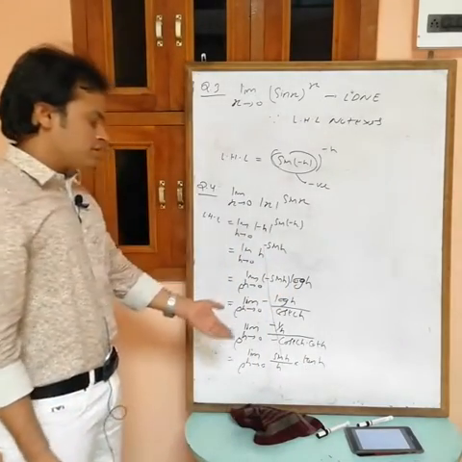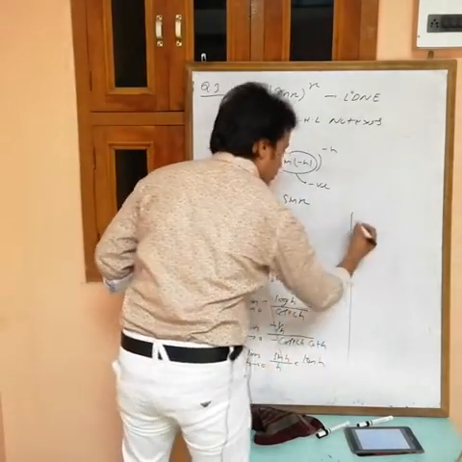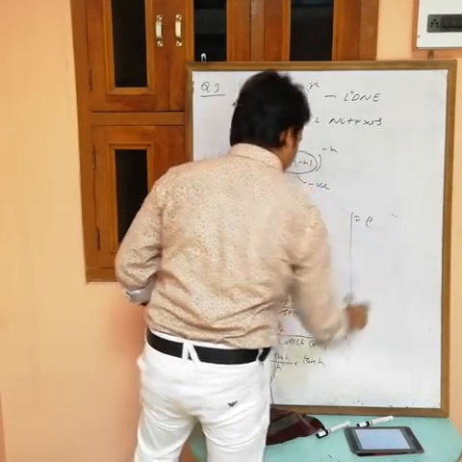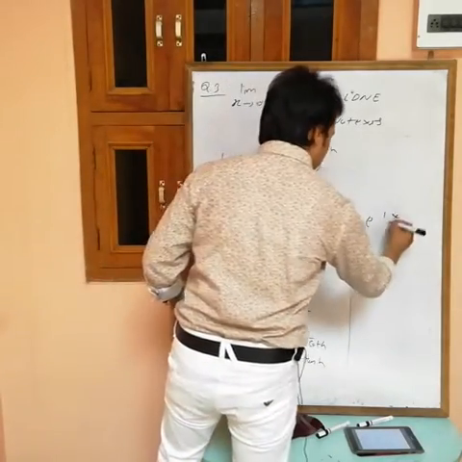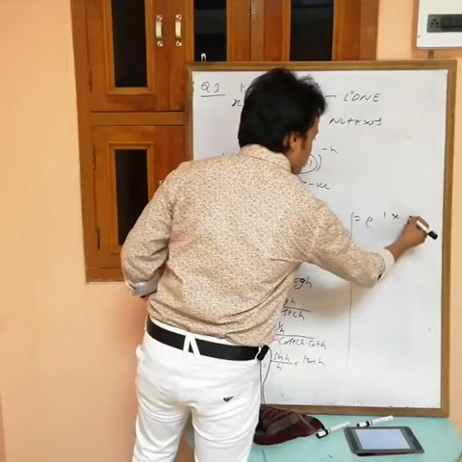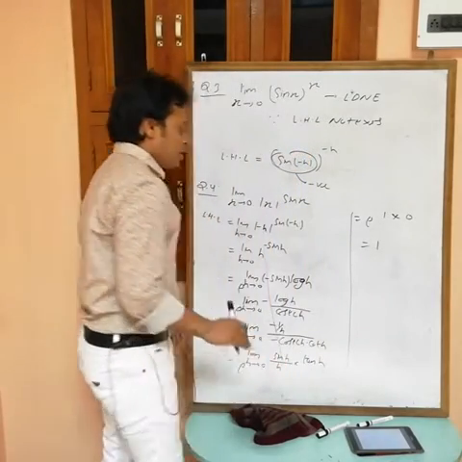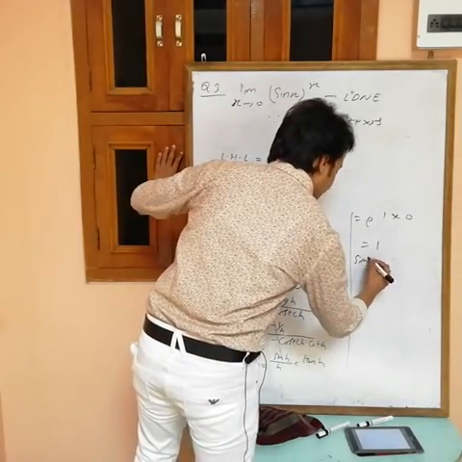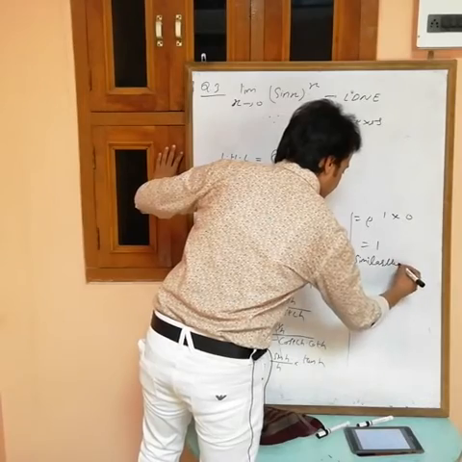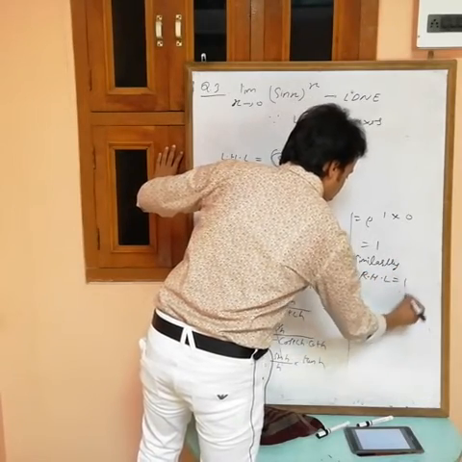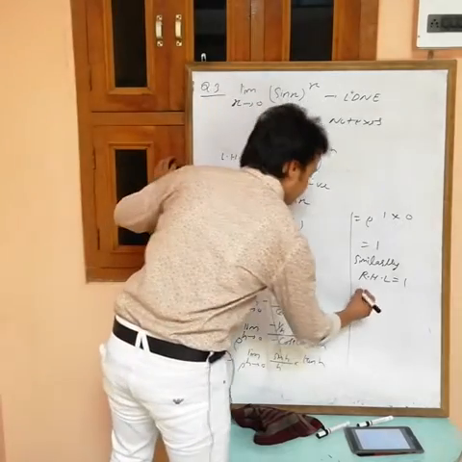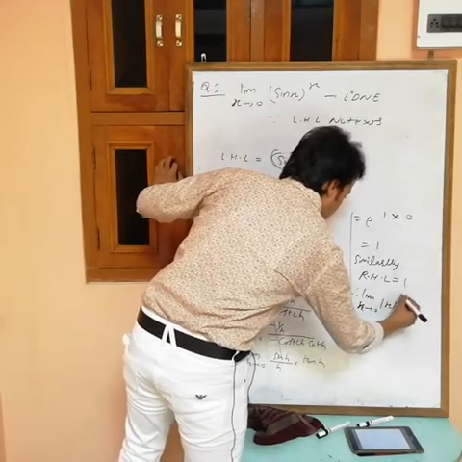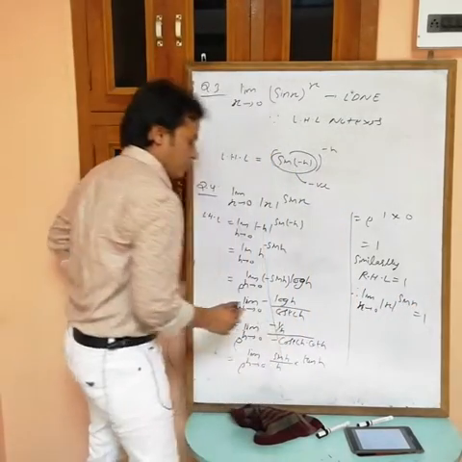Now this is the standard limit. Directly we can find the limit now. Limit of this one is 1 into, put h equals to 0, tan 0 is 0, so e power 0 equals 1. Similarly, if you find RHL, also you will get 1. RHL is also equal to 1. So limit x tending to 0 mod of x power sine x is equal to 1. Okay, write down.